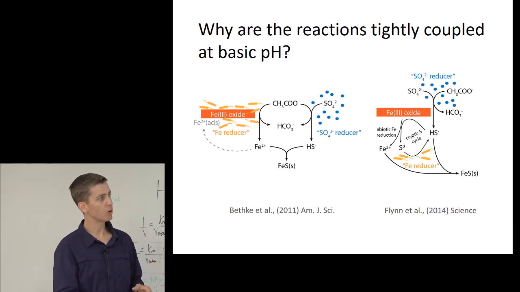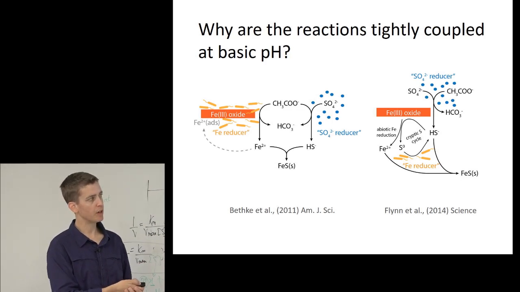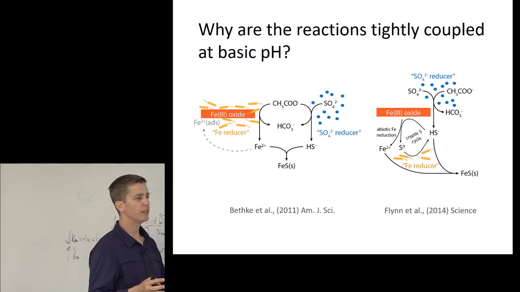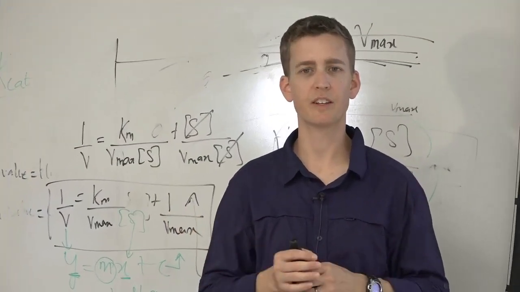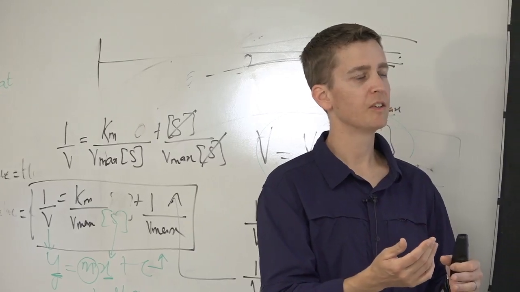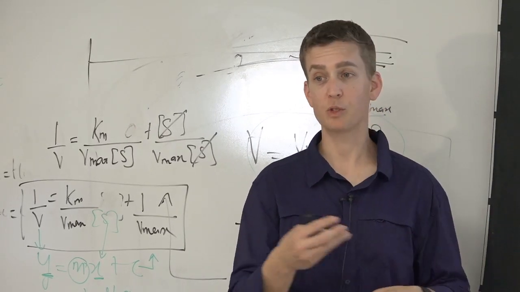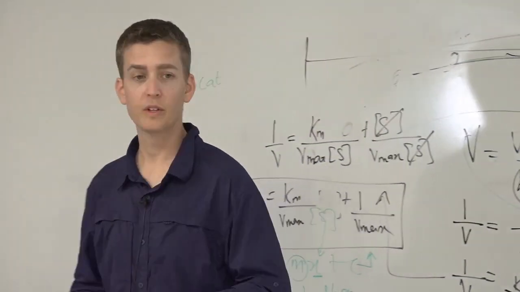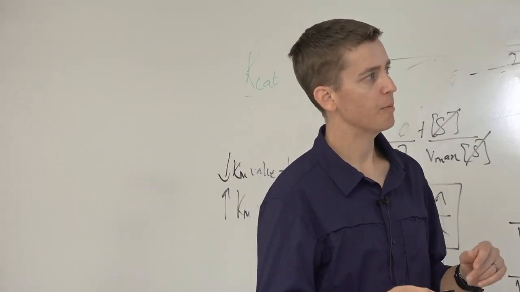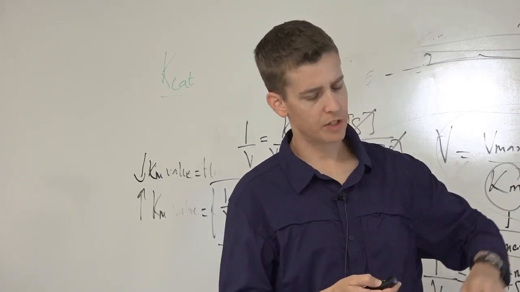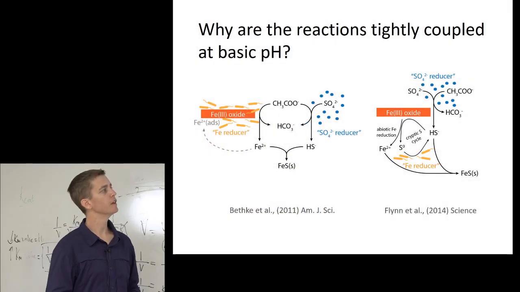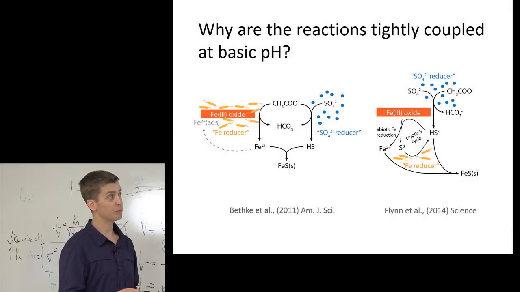So this is a pretty cool idea. Like I said, it's out there in a few other studies. But one thing that's important to know is that I'm still calling these critters iron reducers. But with the microbial world, just realize that there's a lot of metabolic flexibility, right? We can respire oxygen. Well, iron reducers can respire iron, but they can respire other things as well, right? That's pretty cool. So always bear that in mind. That's why I've got iron reducer in quotes. So these are two of the ways that iron reduction can persist in environments that have basic pH and have